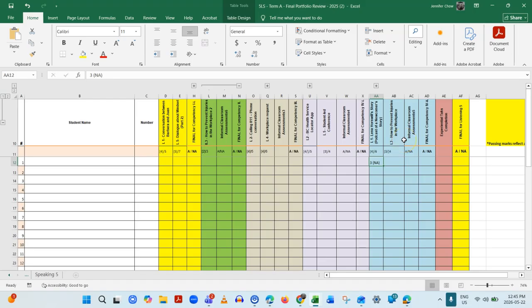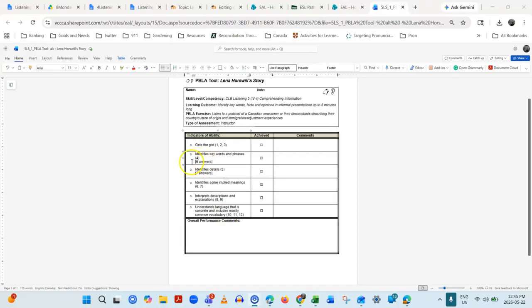So it is possible for someone to get a raw score that is 70%, but they might not achieve the assessment task. So for example, they could get all 6 keywords and phrases, they could identify all the important details, and they would get 13 already, right? And then if they, for example, get